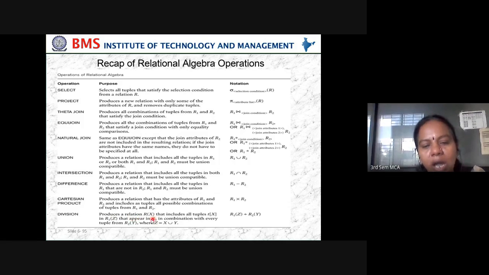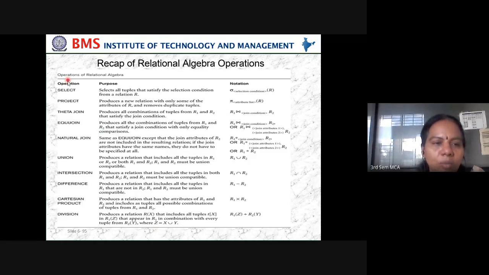It produces a relation R of X that includes all tuples of X in R1Z that appear in R1 in combination with every tuple from R2, where Z equals X union Y. We write it as R1Z divided by R2Y. This is a recap of all the relational algebra operations which we've already seen.